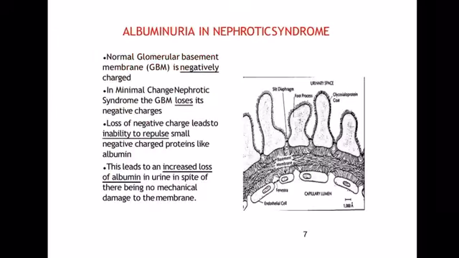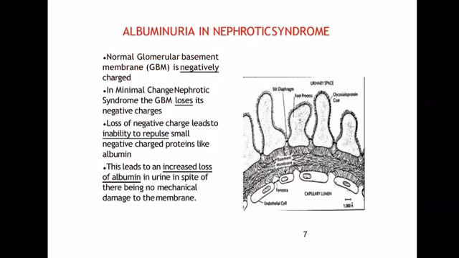So how does albuminuria occur in nephrotic syndrome? Normally the podocyte is negatively charged. In a normal individual, a small amount of protein passes from the capillary to the urinary space, which is reabsorbed by the collecting tubule. But in glomerular disease there is damage to the podocyte, which loses its negative charge. Normally podocytes and the glomerular basement membrane are negatively charged, so there is repulsion of the negatively charged protein.